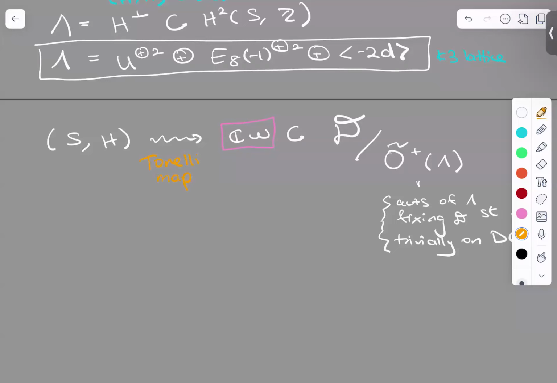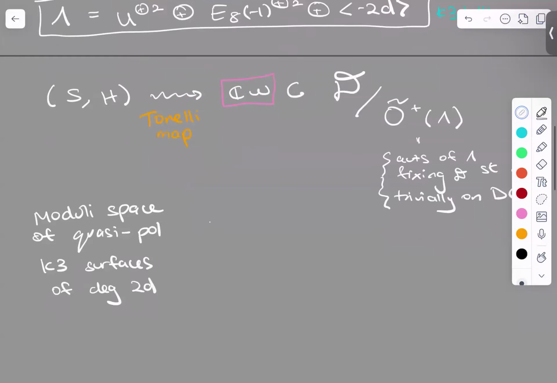And it's one of the central starting points of the study of K3 surfaces in algebraic geometry, the fact that this map is actually injective and that it gives us an identification between the moduli space of these quasi-polarized K3 surfaces of degree 2D, so these pairs S, H such that H squared is 2D. So this moduli space is traditionally denoted by F